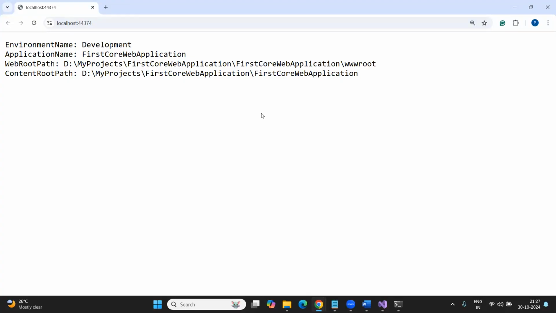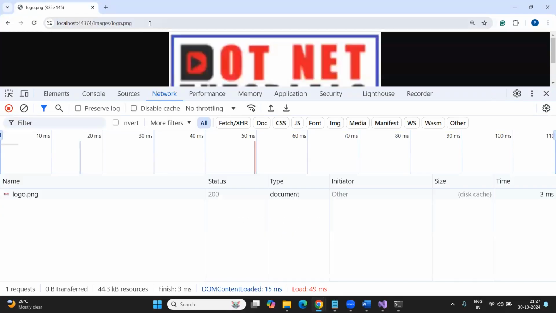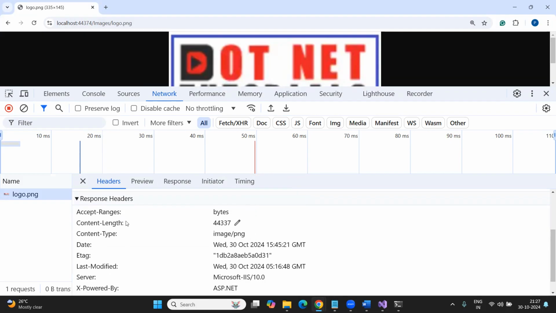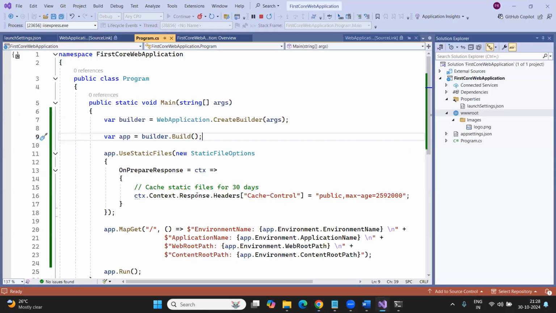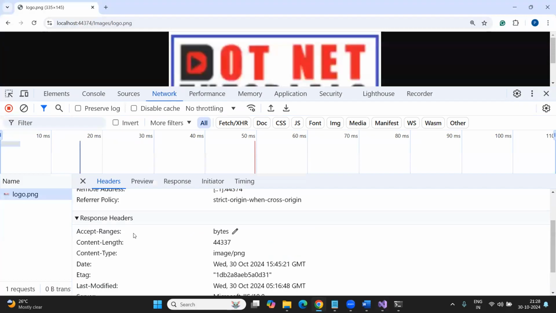I'm running the application, opening the F12 browser developer tool, and now I'm requesting images.png. Currently it is returning the data from the server; you can see status code 200, which means it is coming from the server. Now if you look at the response header, somewhere you will find this Cache-Control header, which is set by the server. If you go further down, you will see,